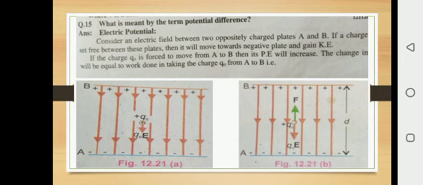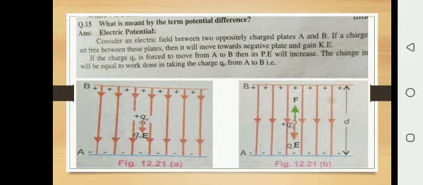You can see there are two diagrams, figure A and figure B. In figure A, there is a plate A having negative charge while plate B is positively charged. Electric field lines, as you know, originate from positive charge and terminate on negative charge. These are electric field lines. You have two parallel plates, both oppositely charged. Suppose you have a plus charge Q in between these two oppositely charged plates, and this charge is allowed to move freely between these two plates. In which direction will it move?